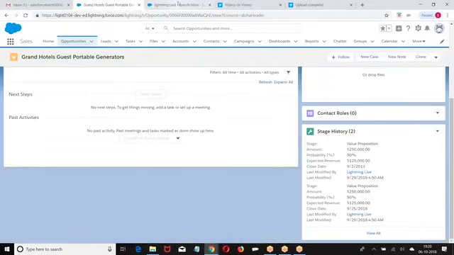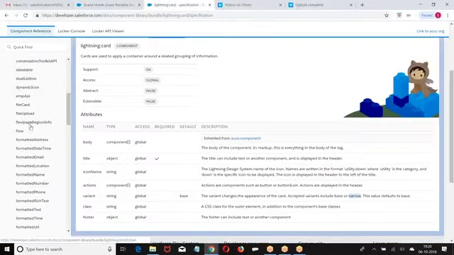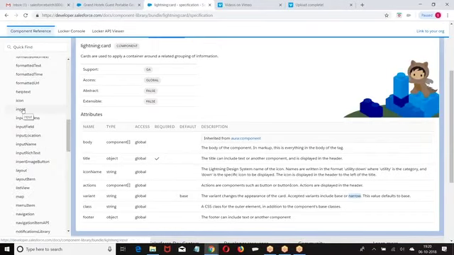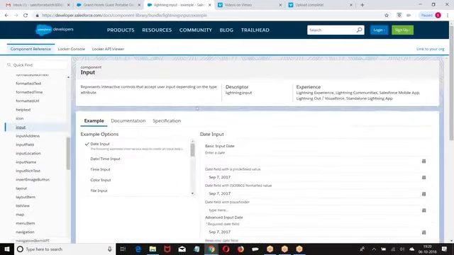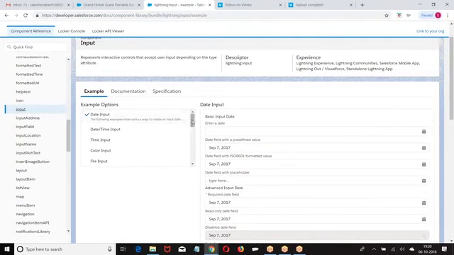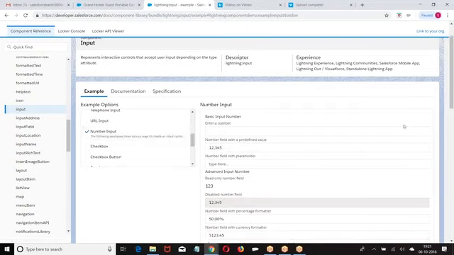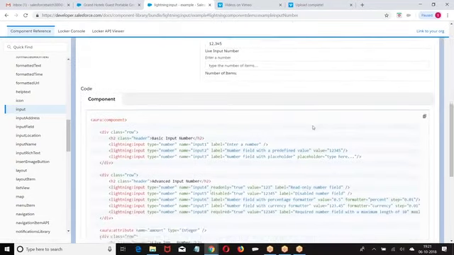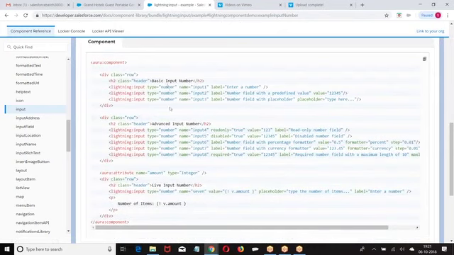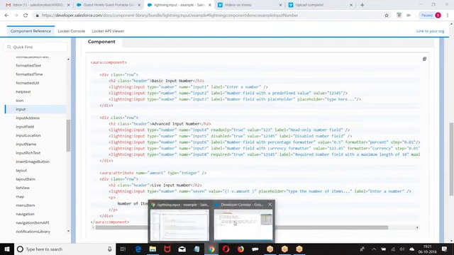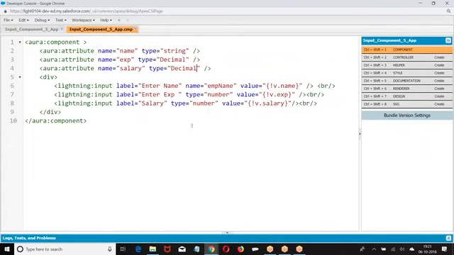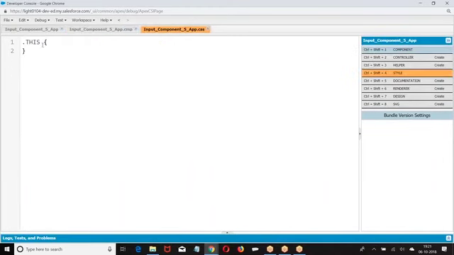Now, we already saw this input component, lightning input. In the input, if you want to take a number, what is the type we give? Type equal to number. The same thing I have given here. Type equal to number. Now, I was supposed to apply the basic style of your CSS